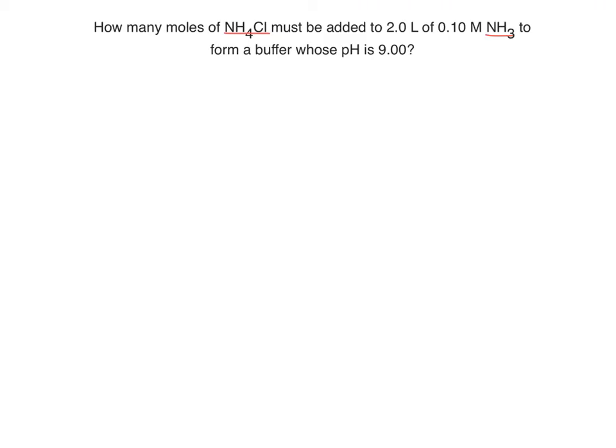Okay, so we start with NH3 plus water. NH3 is a base, so this will produce OH minus plus NH4 plus. In this case, water is going to act as an acid, and the NH3 is a base, so water is going to give a hydrogen to NH3 to form NH4 plus. Here we have the NH3 that is the base and NH4 the conjugate acid, sorry. So, because we're talking about an equilibrium, we need to talk about a dissociation constant,